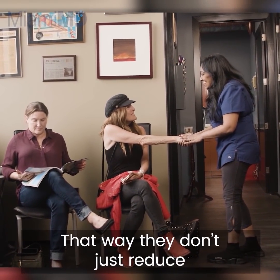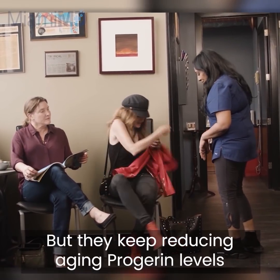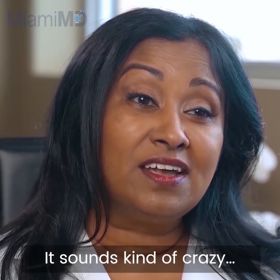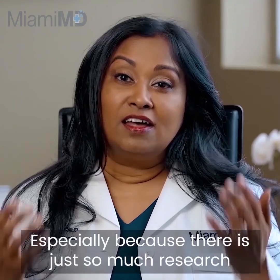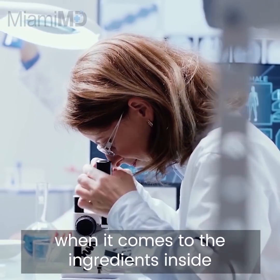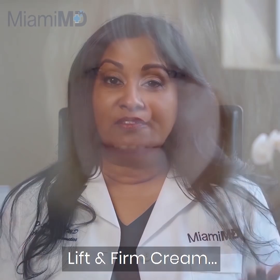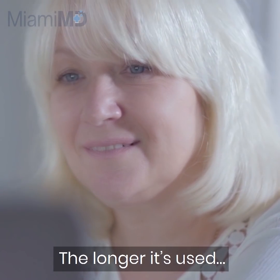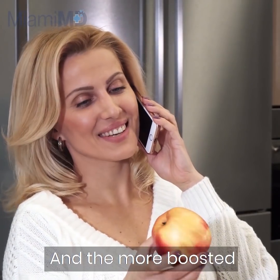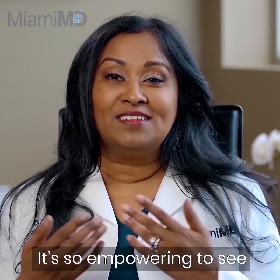That way, they don't just reduce wrinkles in the short term, but they keep reducing toxic progerin levels month after month. It sounds kind of crazy, but it makes sense, especially because there's just so much research showing that when it comes to the ingredients inside Miami MD's age-defying Lift and Firm Cream, the longer it's used, the more fine lines and wrinkles tighten up, and the more boosted collagen levels become. It's so empowering to see my fellow